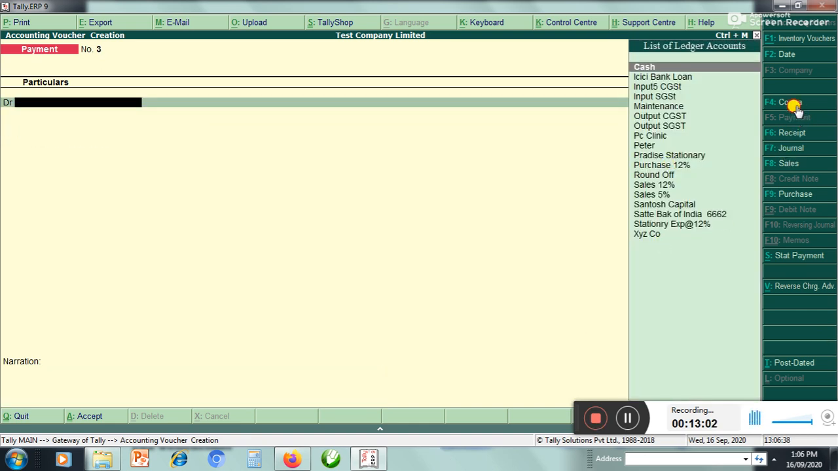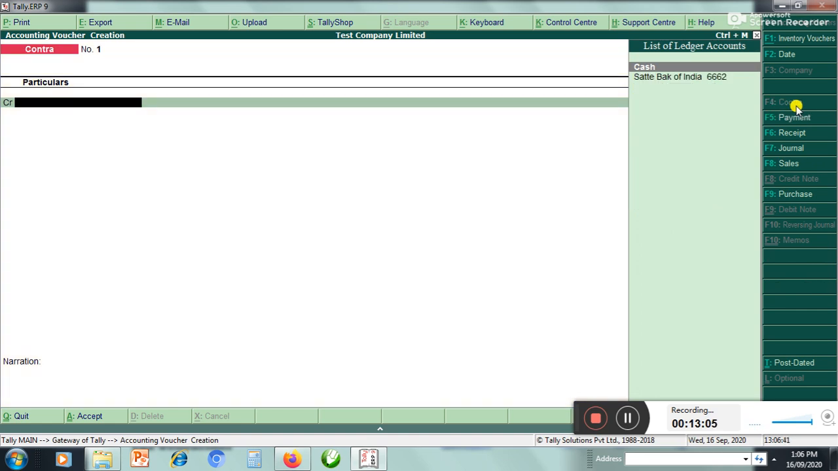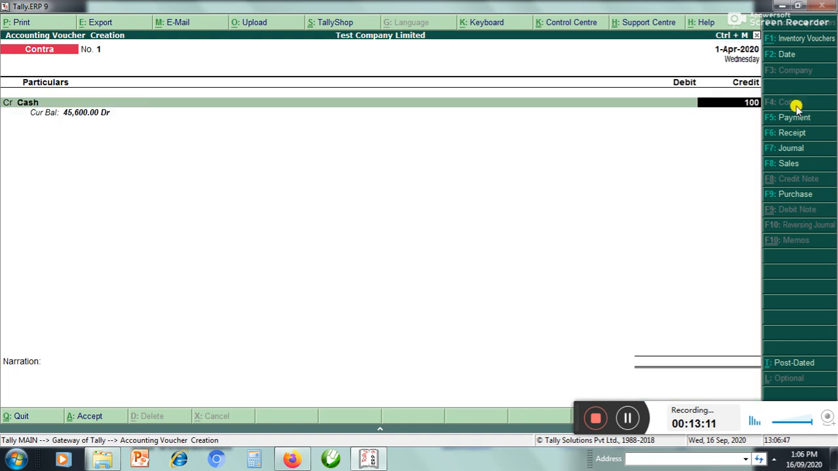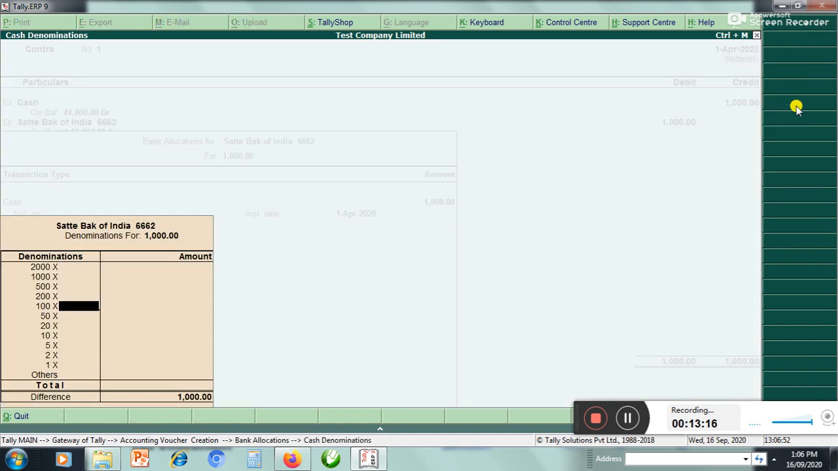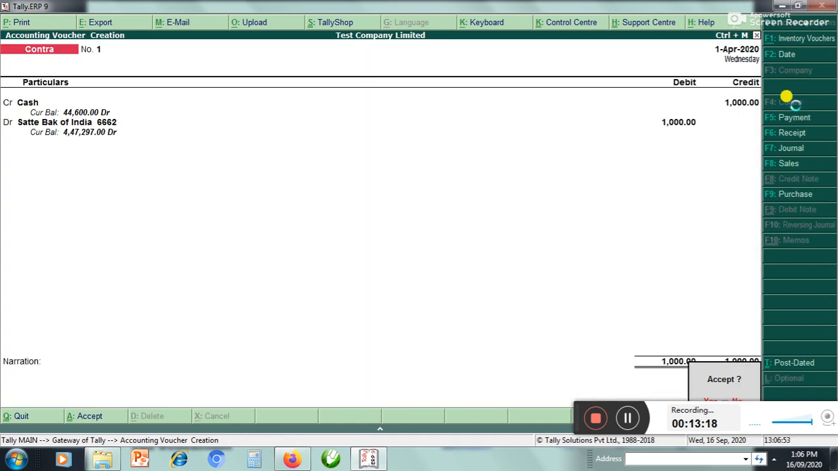Next is a contra entry. Contra entry is nothing but entries which are related to cash and bank. Suppose you deposited cash into bank, credit will be cash here. So 1,000 deposited into State Bank of India. Okay, that's it. Suppose you withdrew the money from the bank, again the entry will be